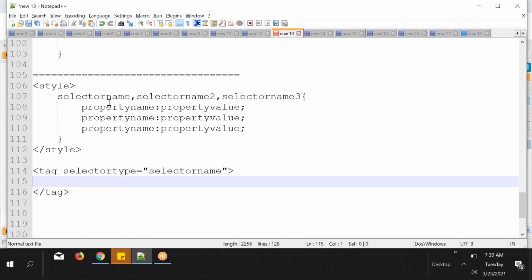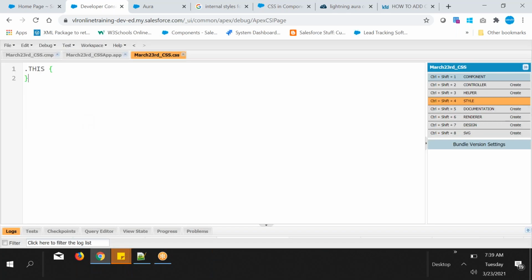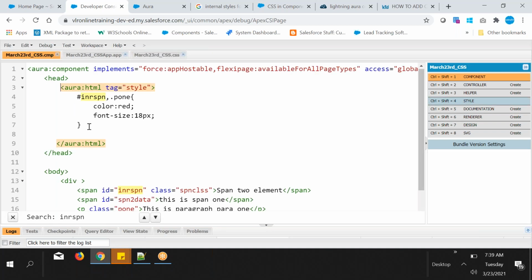So that's it, guys, for today's class. And in tomorrow's class, I will show you how to apply the same styles. Generally, if it is an Aura component, we need to work here, not here. It is not a problem, but as per the files they have given, in Salesforce you can write the files here only, not here. Why I'm telling you this is that in external and even in LWC we are going to use the same pattern. That's why I just tell you right now. I just explained. Okay, today very limited, we have